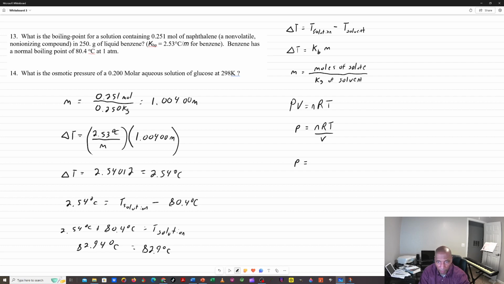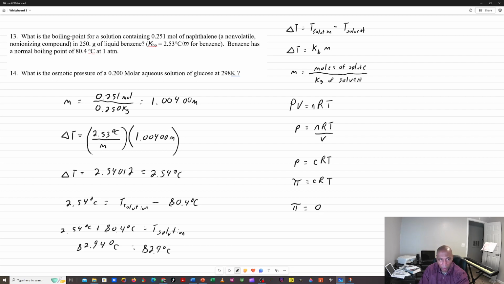So n divided by V, moles per liter, that is your concentration, so you can put a C right here. Some textbooks will use an M, but most will use a C. And for pressure, some textbooks will use pi. So this is a lot of times the equation for osmotic pressure that you'll need to use. Now, of course, you're going to have to remember what R is, but we already remember what R is. Now they want to know what the osmotic pressure is, so I'm going to say pi is equal to the concentration, which is